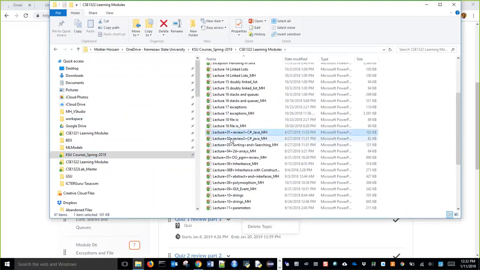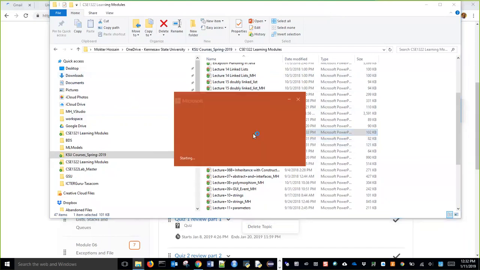You will see the lecture, for example Lecture 1 C++ Java, but I have added an underscore mh, my initials, because I made some changes and added some extra stuff in the slide. These are optional, but sometimes I will add my version in addition to this slide, so that you can follow both. So if we open our first lecture slide,